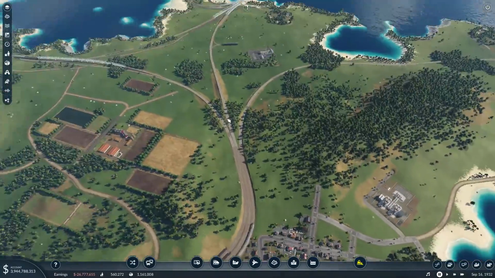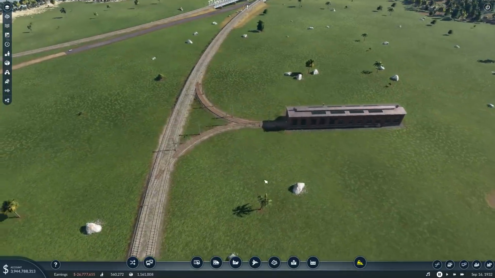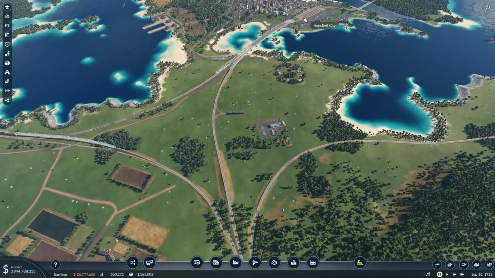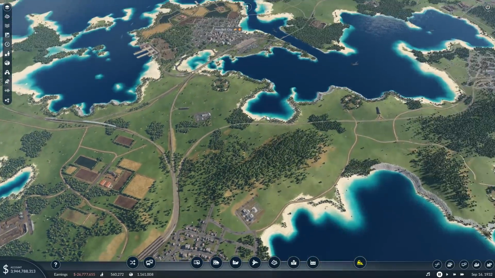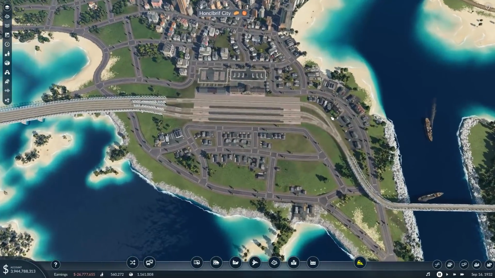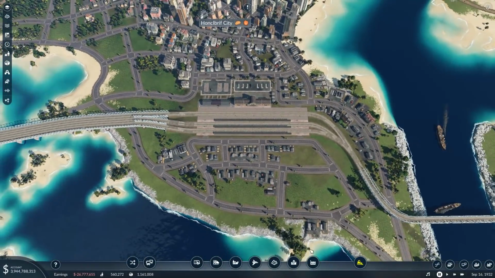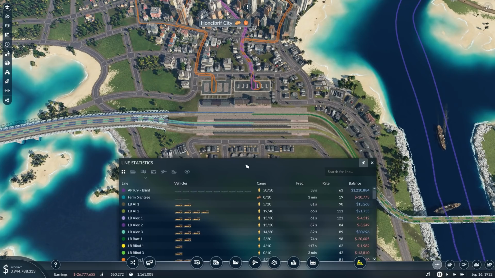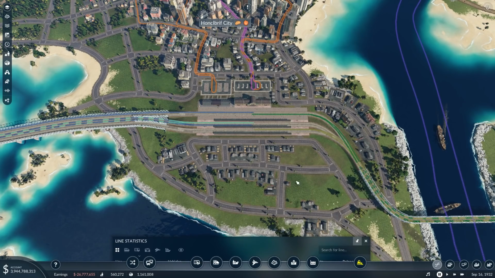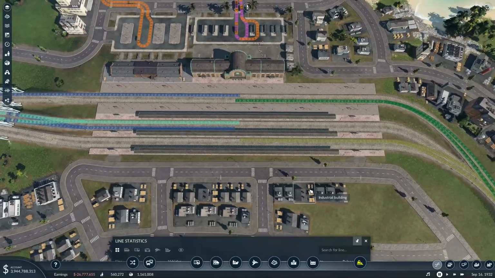Awesome sauce. Right, there's one thing we need to do, and that is we need to put in a line now between HONCLBRIF and Kirkpatrick. So let me show you the layout of the lines, I guess. So let's turn on the line statistics, because that'll show us all the lines. So we've got